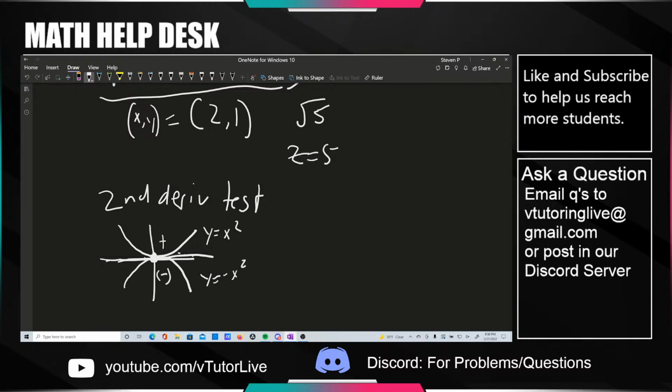So if it's pointing downwards, it's got to be a maximum. If it's pointing upwards, it's got to be a minimum, right? So the concavity tells you whether or not it's a maximum or minimum. And of course, if the second derivative is 0, it's inconclusive, and you'd have to investigate further with higher-level derivatives, if I remember correctly,